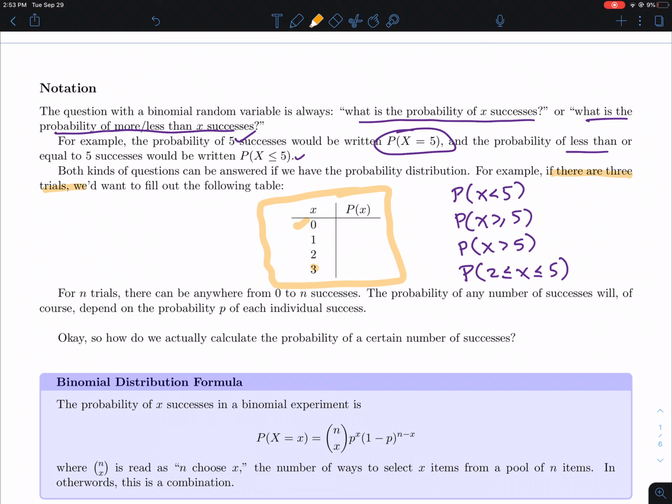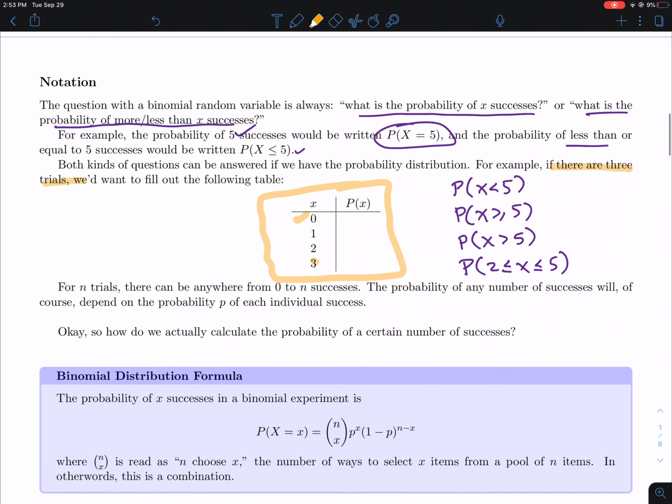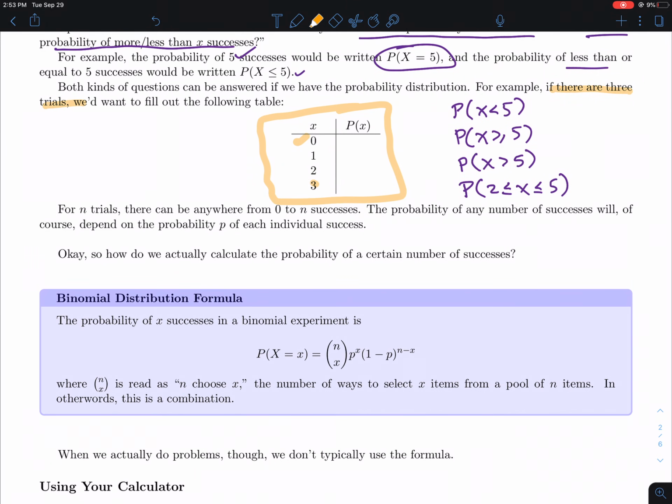So for these, it's a little bit trickier to figure out what these probabilities of success are on a binomial distribution. So what we're going to look at is a fancy little formula that will actually figure this out for you. But again, I don't want you to actually use this formula, just to point out what the different parts of it mean. So in this case, we're trying to find the probability of exactly one thing occurring, because notice we use x equals little x. And so we're using this parentheses n over x. So this is actually what's called n choose x,